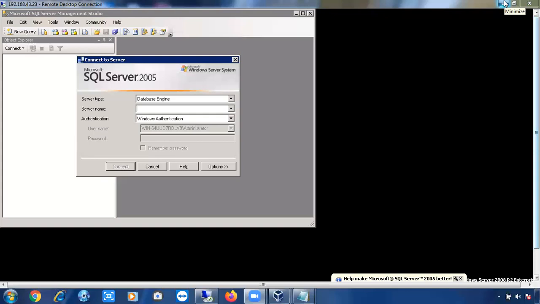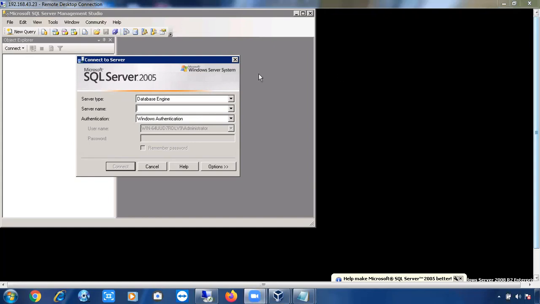Build numbers, we have a class on build numbers, right? How to identify a build number, what is a build number, how to identify the version of SQL Server using the build number. So I'll ask those basics not tomorrow, I mean next week, at the beginning of the class itself.